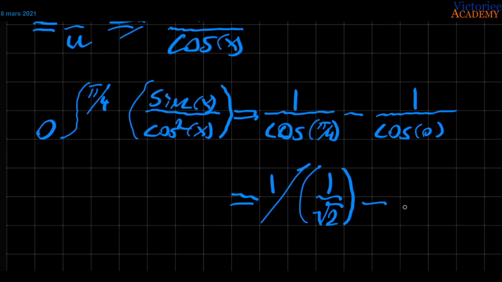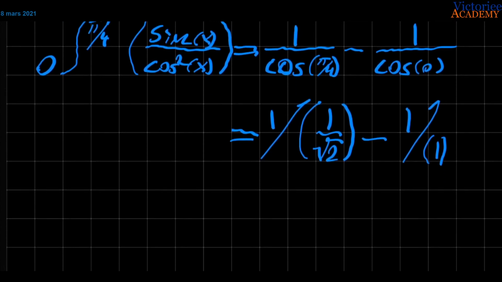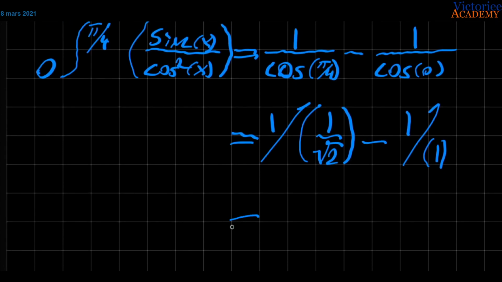Minus this other expression here, 1 over cosine of 0, is equal to 1. So the evaluation turns out to give us the following value, which is root of 2 minus 1, which is approximately